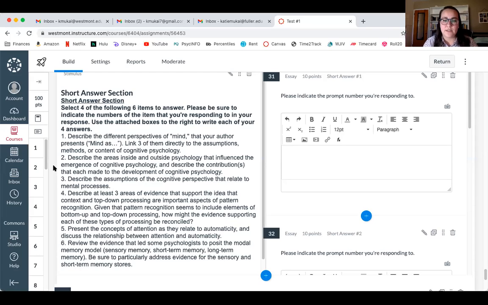And then number 6, there's a lot of different evidence you also could have gone with to answer this. Could have talked about Ebbinghaus and the primacy and recency effect. You could have talked about Sperling studies on iconic sensory store. Could have talked about the echoic sensory store studies. Could have talked about George Miller, his research, chunking. You could have talked about forgetting via decay or interference, or you could have talked about short-term memory codes as well. So I know that was a lot.